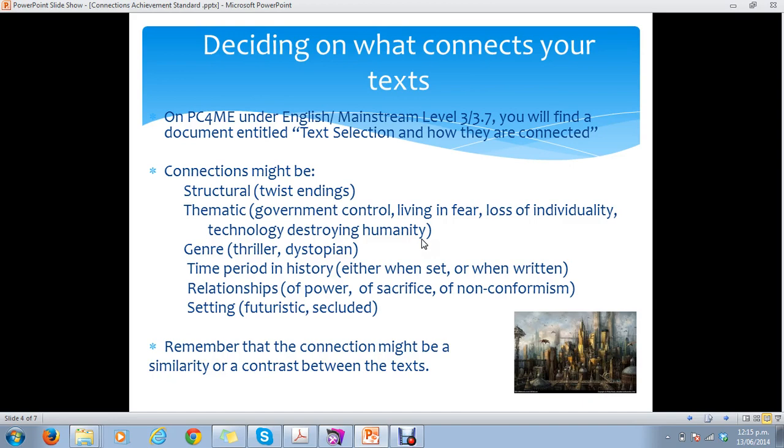You need to be able to make a connection across all 4 texts. Your minimum connection is 1. You only have to do 1 connection. However, we think having 2 or 3 connections will be able to take this to a deeper level of understanding.